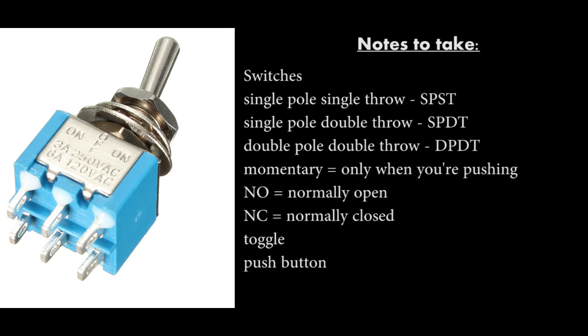Here's another toggle switch. This one's got six legs. All right, check this out. This is exactly like the single pole double throw switch, except it's two switches in one package. Those two center legs will be either connected to the leg on the left or the leg on the right, and the toggle switch switches both of them at the same time. Okay? And now this is called double pole double throw,